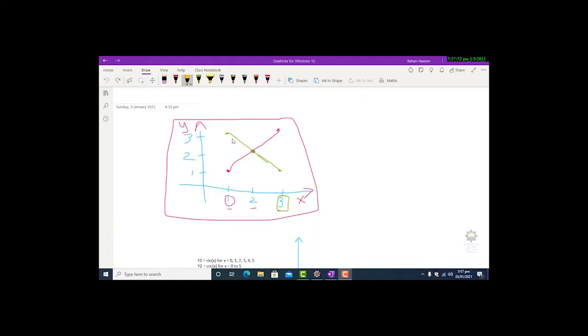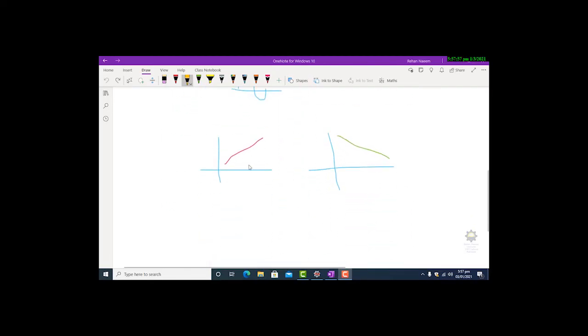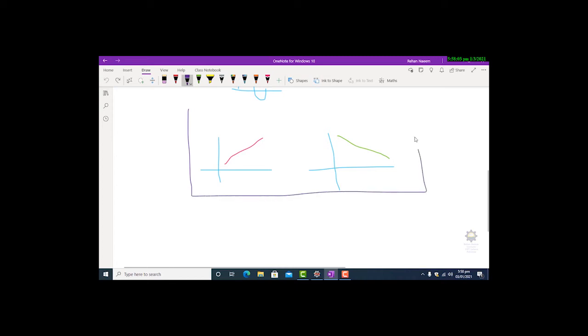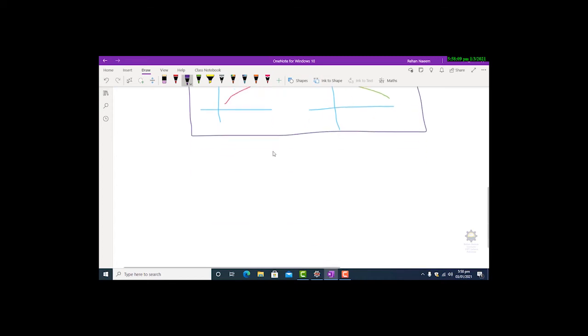Okay, now my requirement is that I want to print this green curve and red curve side by side in two different plots of the same figure. So मैं ये कहना चाह रहा हूँ कि रेड कर्व और ग्रीन कर्व एक ही विंडो में साइड बाय साइड जो है वो प्लॉट हो जाए. So how to do it? First of all, you will create a figure,